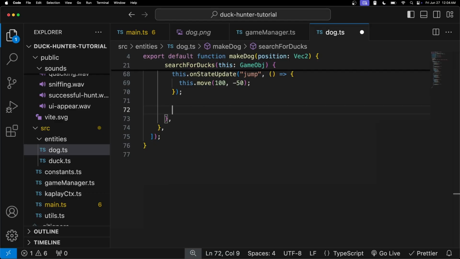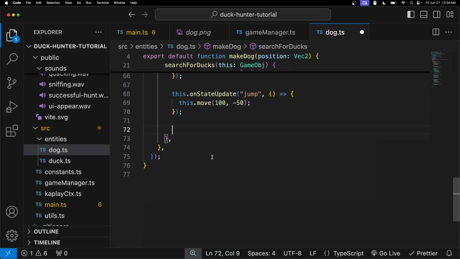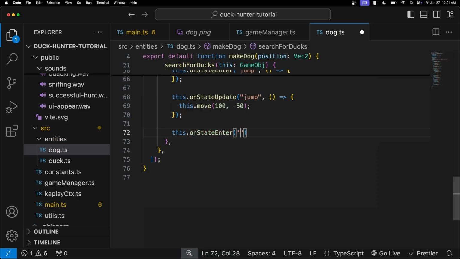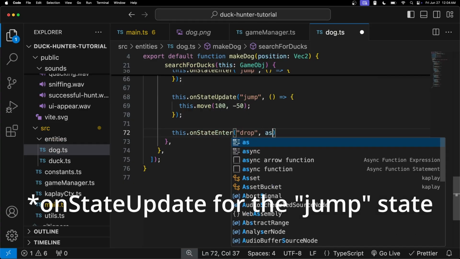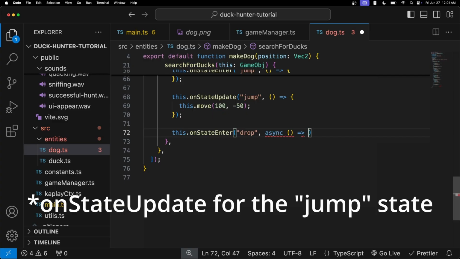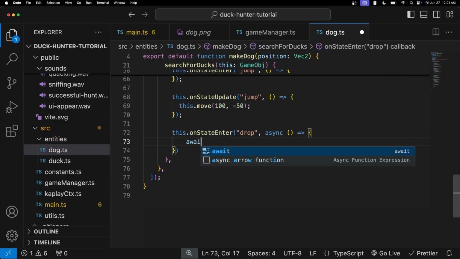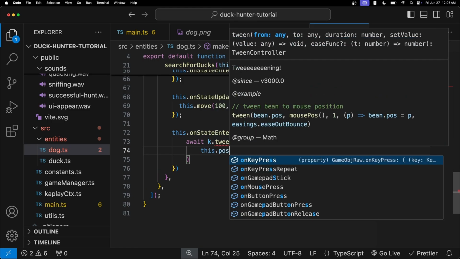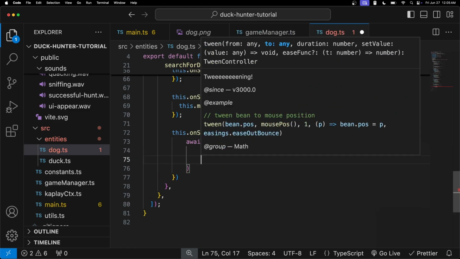Then as soon as we enter the drop state, for the drop state, we actually need to have an onState enter. And by the way, we actually did use an onState enter definition for the jump sound. Sorry, I forgot about it. So now in the onState enter for the drop state, we're going to have a sync function and use a